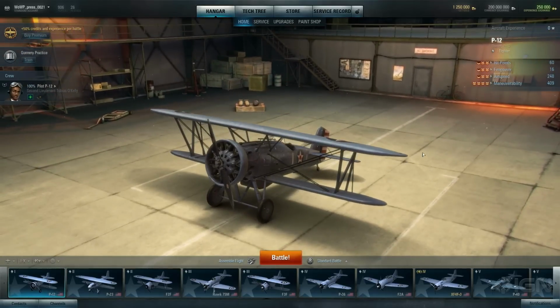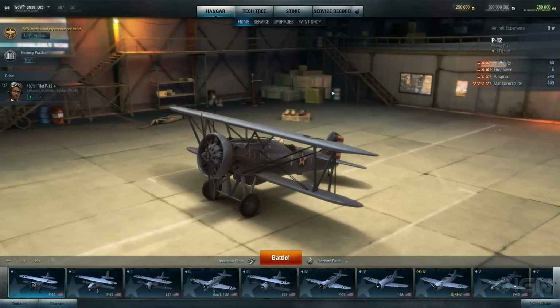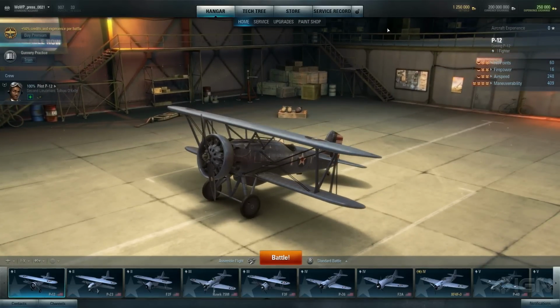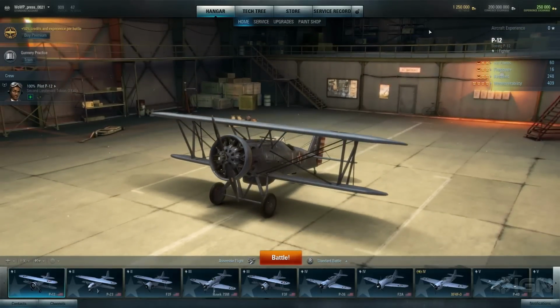So if you played World of Tanks, you probably know what to expect here, except you're going to be in a plane. We're just going to go over some of the basics you can find on this main screen. This is the hangar screen, and it's one of the two major parts of the game. You're either going to be in your hangar checking out stuff, or you're going to be in the battlefield shooting down enemy planes. So we're just going to buzz over some of this stuff so you have an idea where